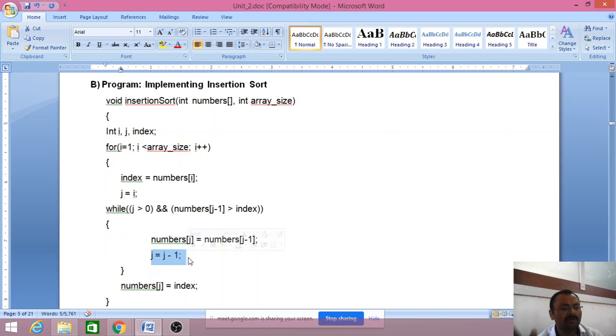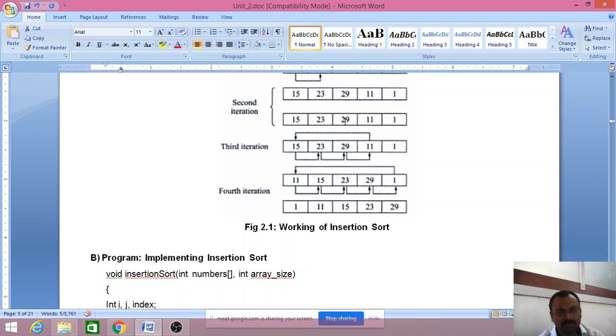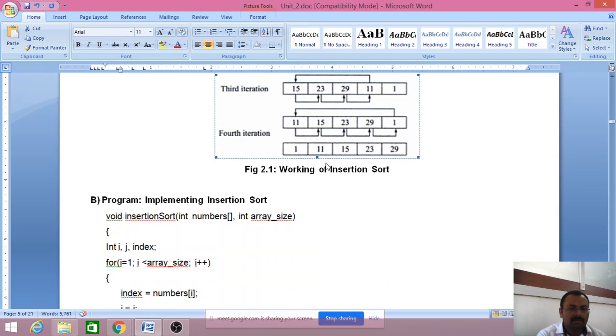Then outside the loop, numbers[j] = index, which means the position of the value does not change. Here the value 29 does not change its position because the previous values 15 and 23 are smaller. So we continue this way, with 4 iterations, to get the sorted list.